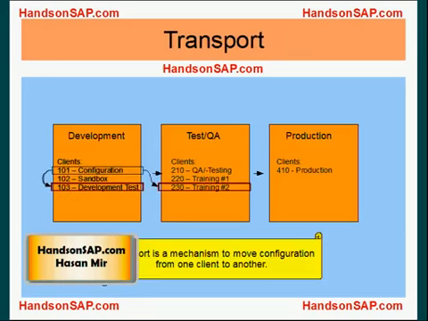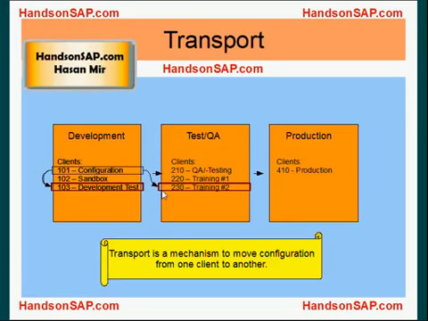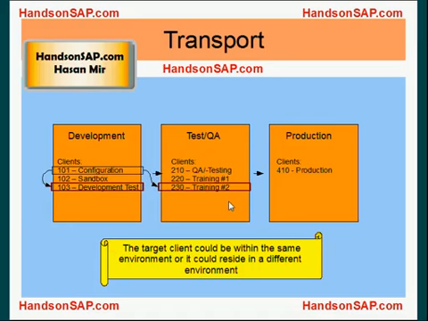Now, transport is a mechanism to move configuration from one client to the other. The target client could reside in the same environment. As you can see here, the configuration client is the source client, and the configuration is being moved to the development test client, which is the target client. Both of these clients reside in the same box, the development box. Or the target client could reside in a different environment. For example, here the configuration is being moved to the training environment, and the training client is residing in a